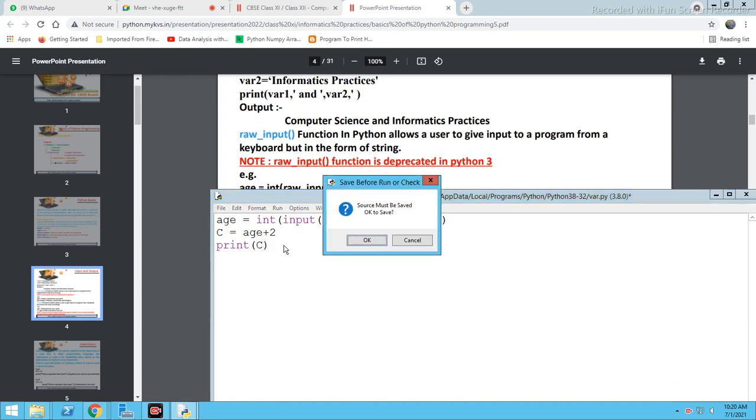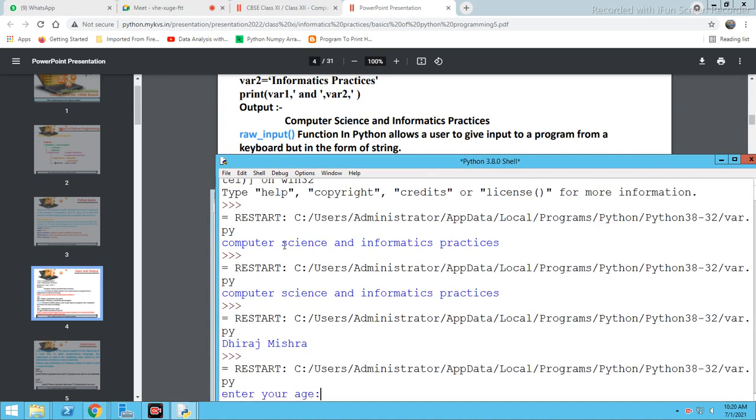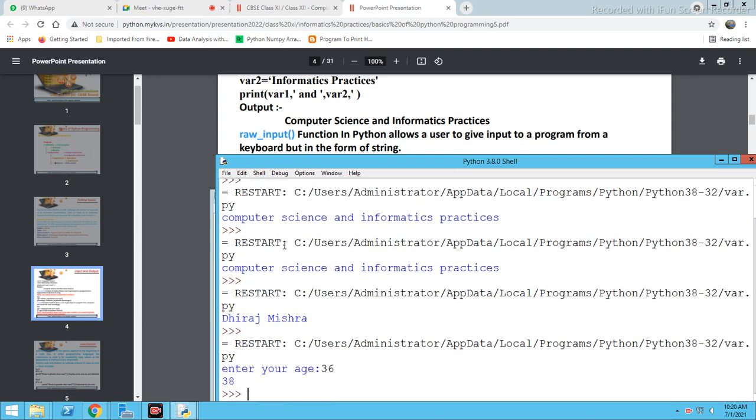After that we will run this program. Once we run this, it will ask for age. So what is age? Suppose I have written here 36. So it is adding 2 in it and printing it. Understand? So this way we have done the next program.